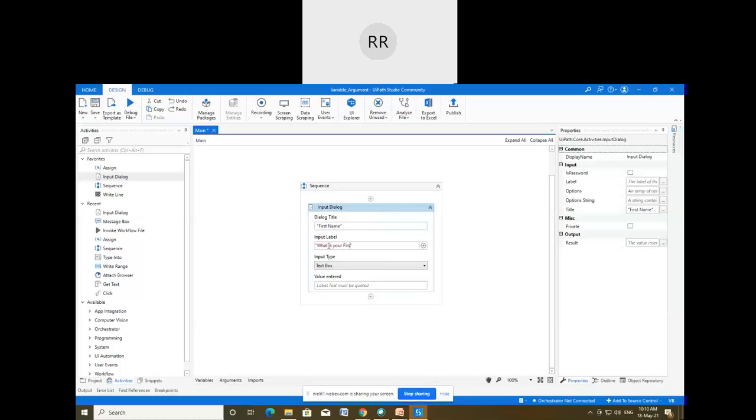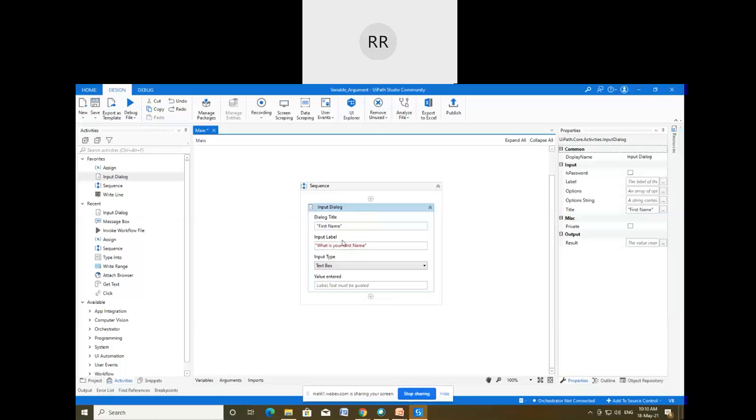I've already shown you where this dialog title and input label will appear once we execute this file. Today also I will show you, what is your first name. Then the input type, since this is a text type, will be text.